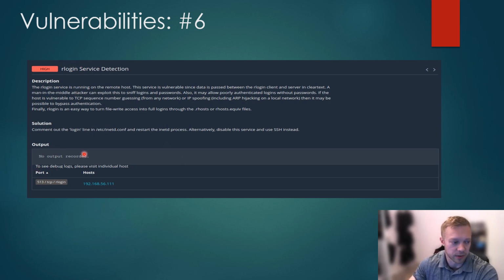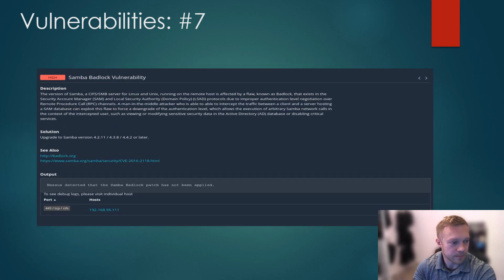I think maybe it should go to the critical, but we were able to use this to connect. It's actually an easy solution. We'll talk about that a little later. Samba, a similar thing to what we saw in one of our previous labs. Samba should be updated to avoid having vulnerabilities, because this can actually be used and exploited to gain access to